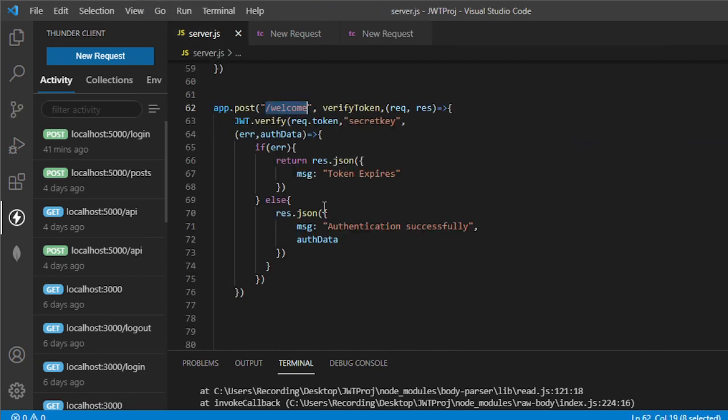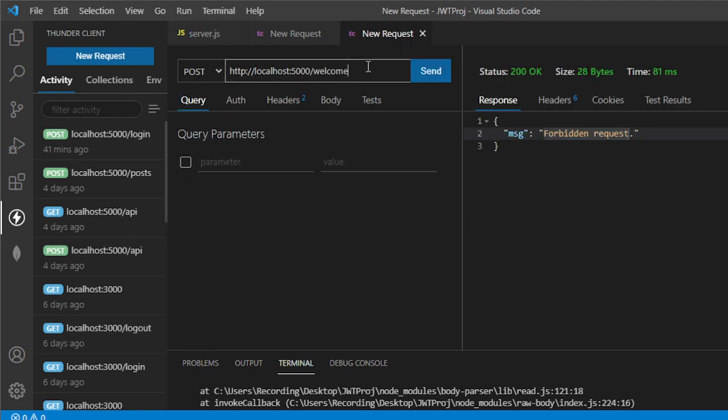A while ago, when I created this one, we created a function to verify. So this is the verify token. On each page that you're going to create, or each route or request or URL, like this one, this is a welcome URL. So this is a welcome page. So what we do is we secure the page. So if somebody, or let's say a hacker, tries to access this one, this will block. This will inform the user, oops, this is forbidden. So how to bypass this one? To do that, let's say,